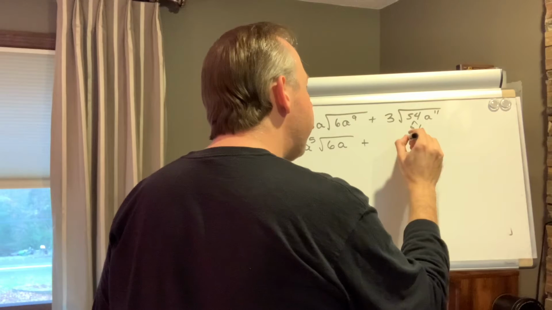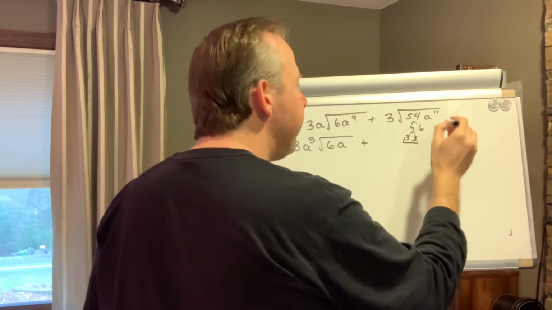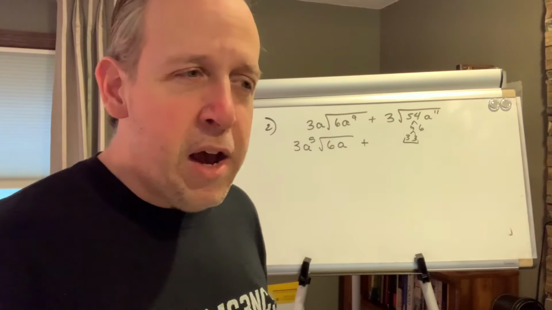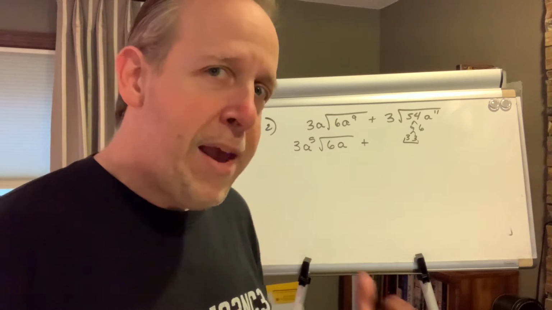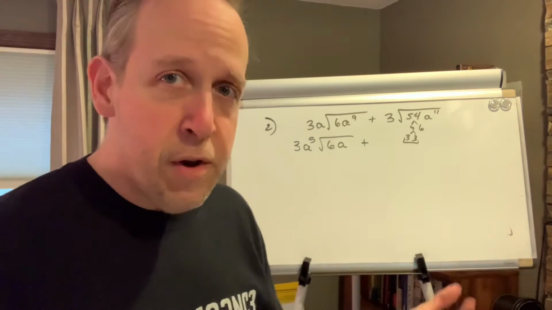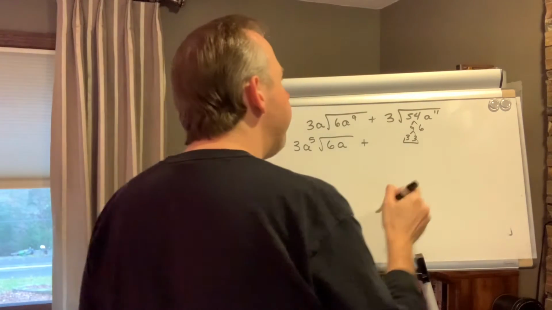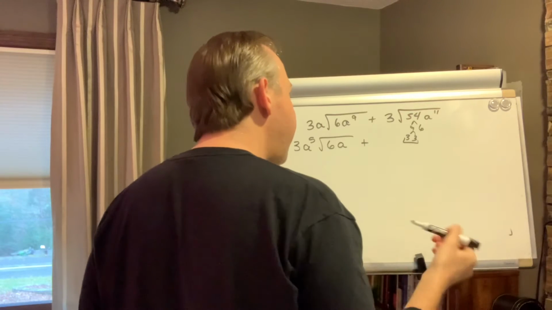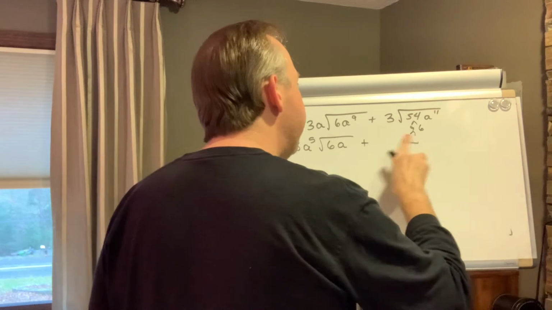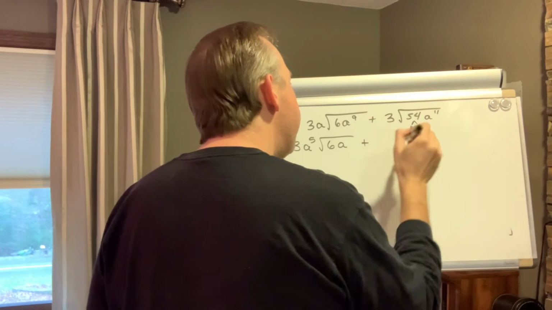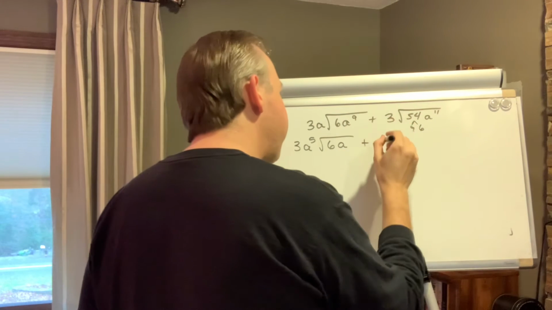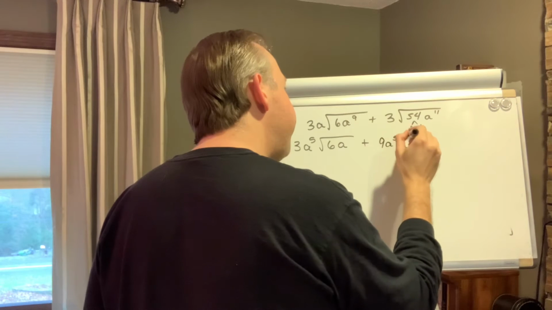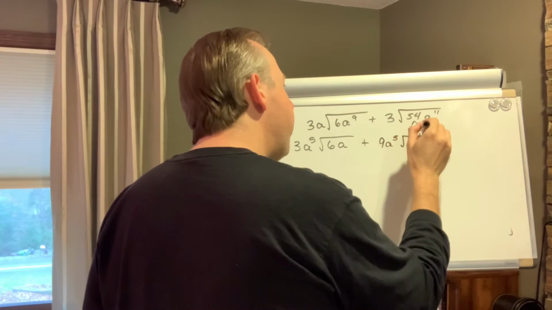Which means that 3 will come out. The a to the 11th, again, is 11 a's. I don't want to write a 11 times, but I understand that 11 has 5 pairs in it with 1 left over. So I'm pulling out the 3 and 5 a's. So that's going to give me, just going to go over here, the 3 comes out and hits that 3 for a 9, and 5 pairs of a come out for a to the 5th, and what's left over is